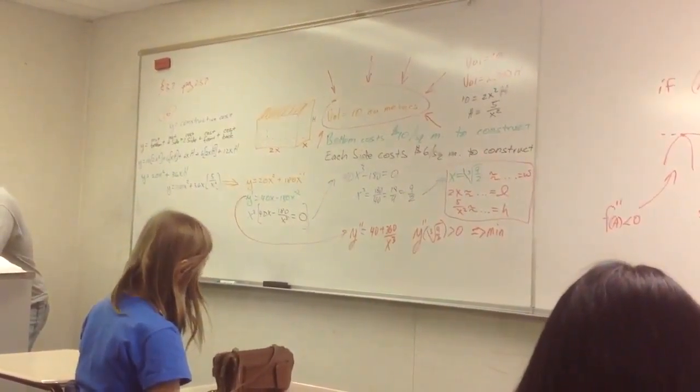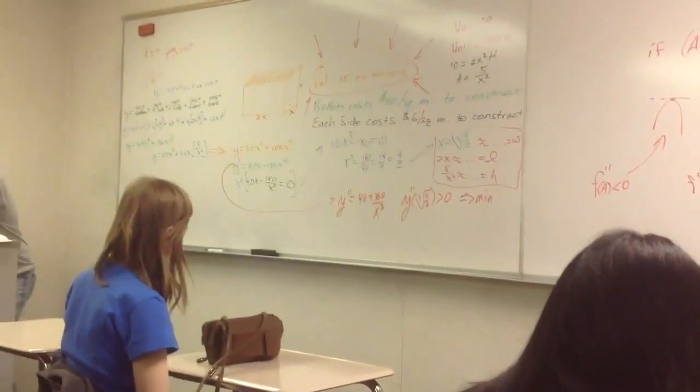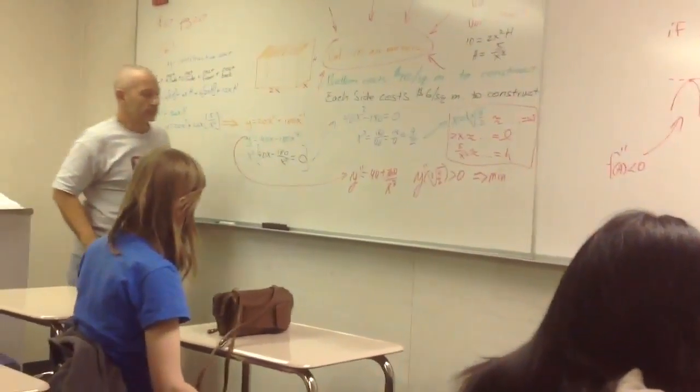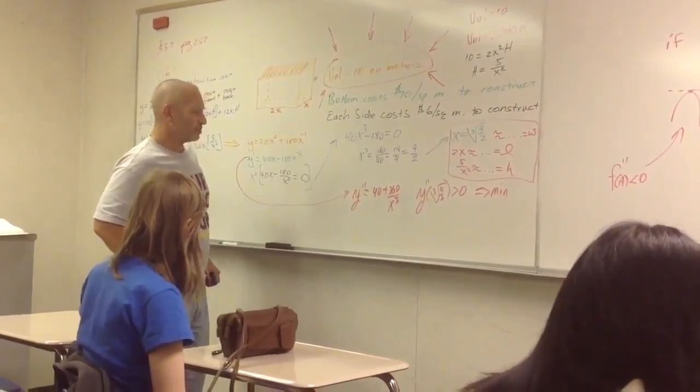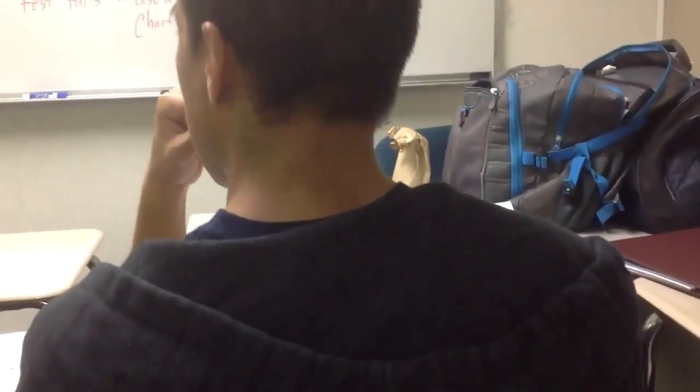Questions? Why does y double prime go from 40 plus 360 over x cubed to the next step? Why does it go to that? Well, I was taking the critical point and plugging it into the second derivative and observing it was positive. Okay. That's that second derivative test right there. See, if I have this